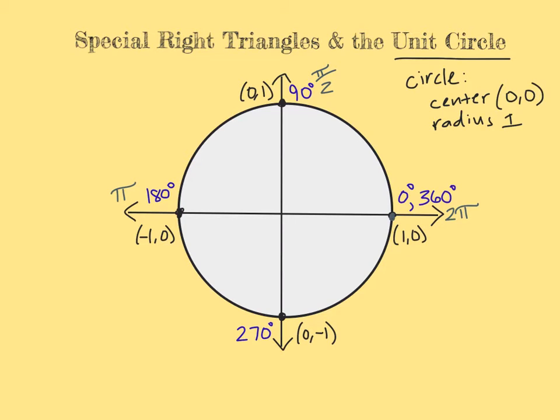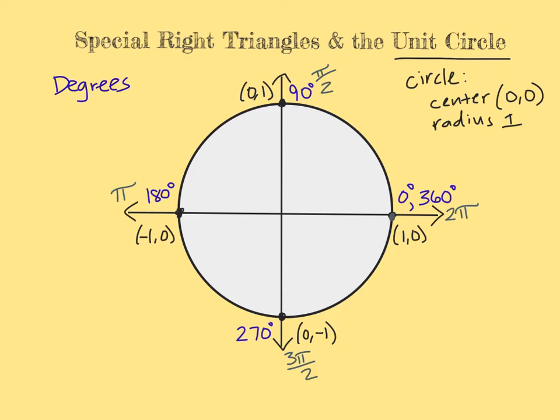And since each one of these quadrants, or each one of these 90 degrees, is a half a pi, we have a half a pi, another half a pi, and then we have 3 halves of pi, or 1.5 pi's. We can write that as 3 pi over 2. And then, of course, all the way around is also 2 pi. Now, this location is also called 0 because it's the start. Okay, so we have found that we can measure these locations in both degrees